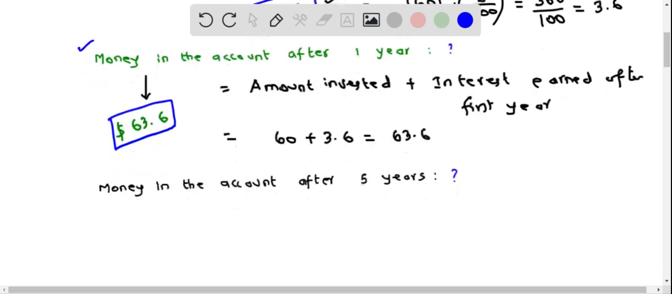We now calculate the money in the account after 5 years. So here we should use the compound interest amount formula, because every year the amount in the account changes, and the interest we have to calculate based on the amount which is there in the account after every year. So it is basically a compound interest problem. That is why we have to use the compound interest amount formula, which is A equals P times (1 plus R by N) raised to the power of NT, where